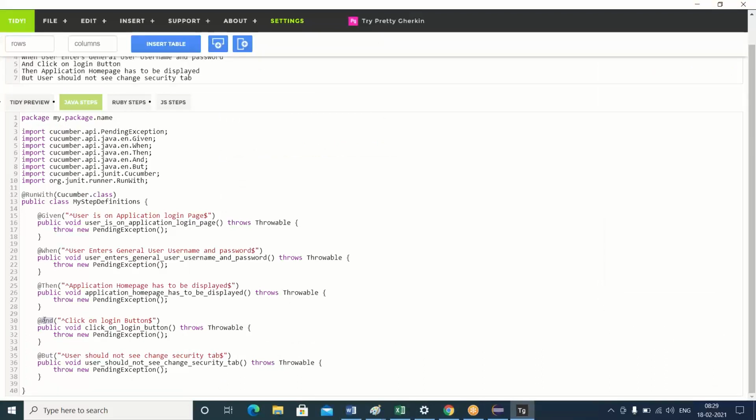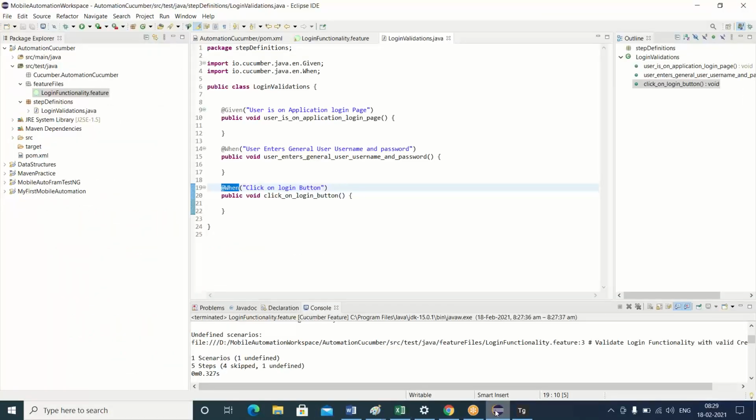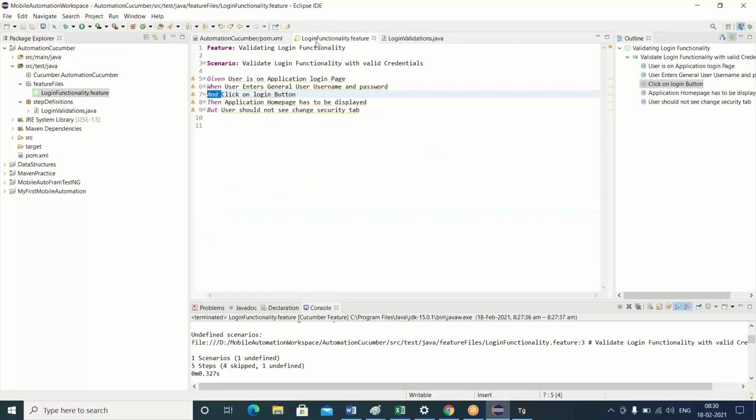So end is nothing but again a when statement, but it's an add-on to the additional step that we have. That is the difference. And you also know about this. We already discussed this. Now if I run this,